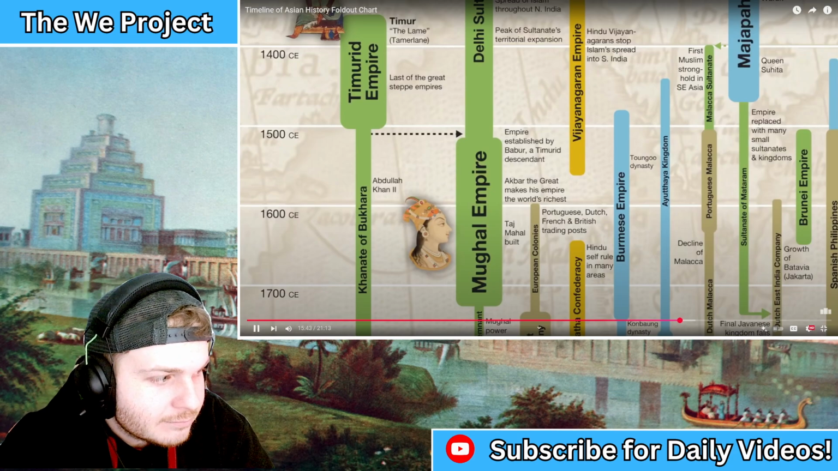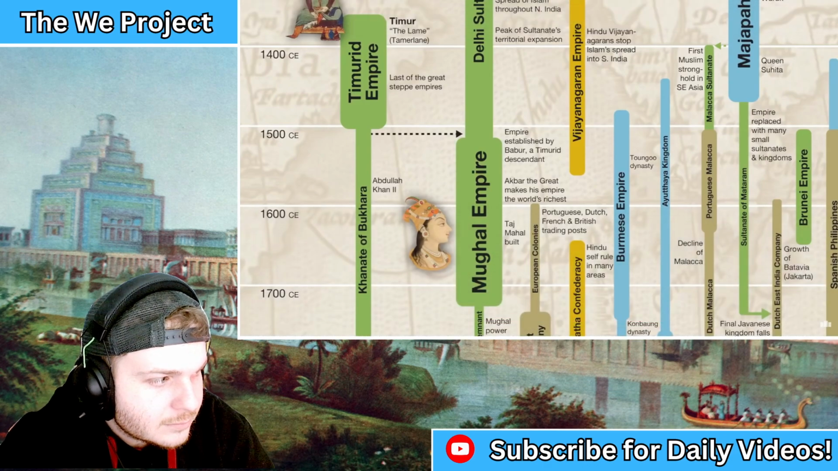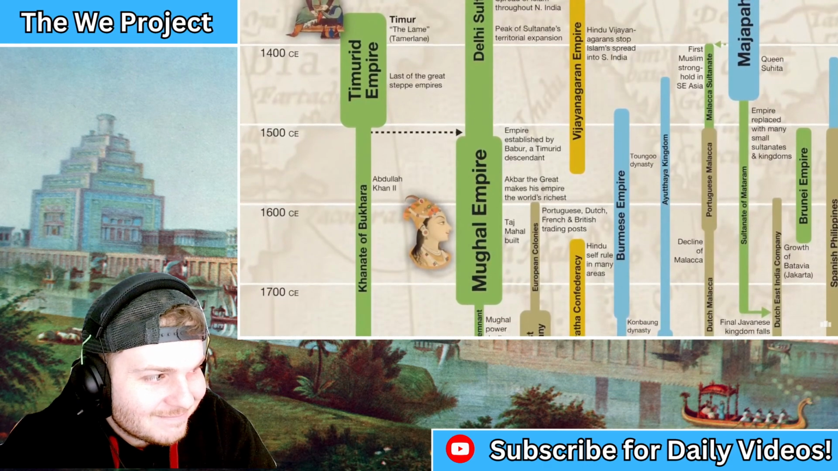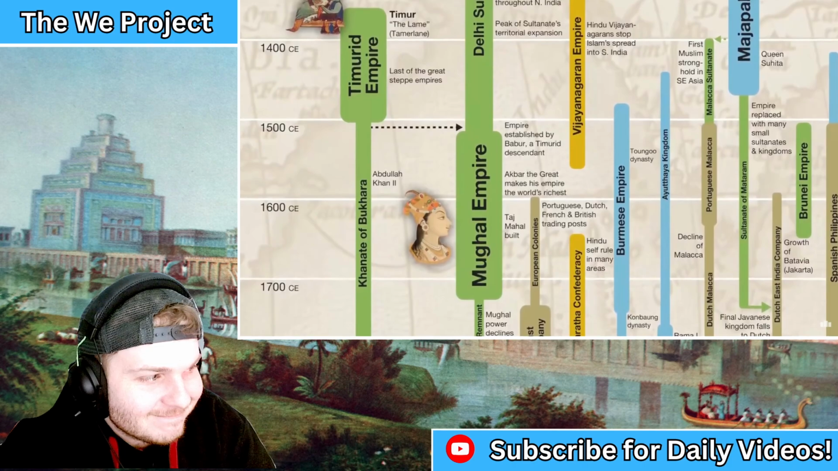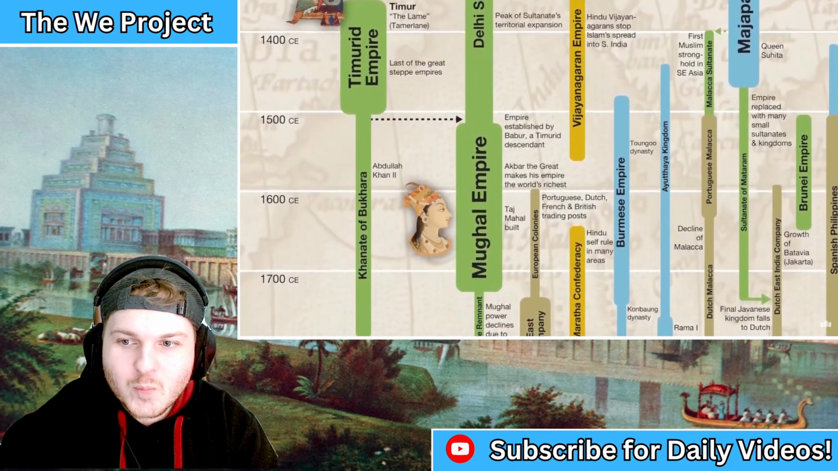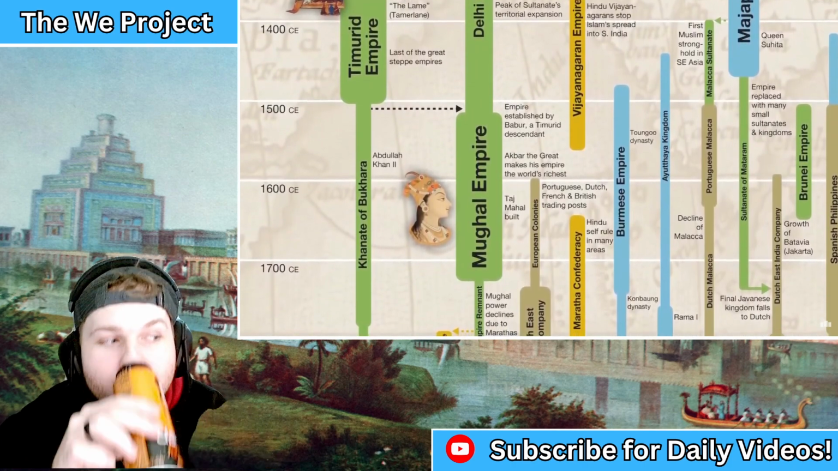And his grandson would go on to build the famous Taj Mahal. But shortly after the Taj Mahal was built, things started to get more complicated on the Indian subcontinent. For one thing, several European colonial